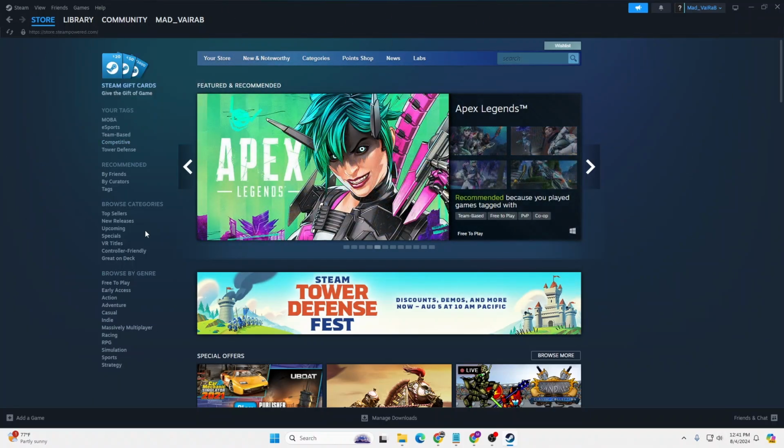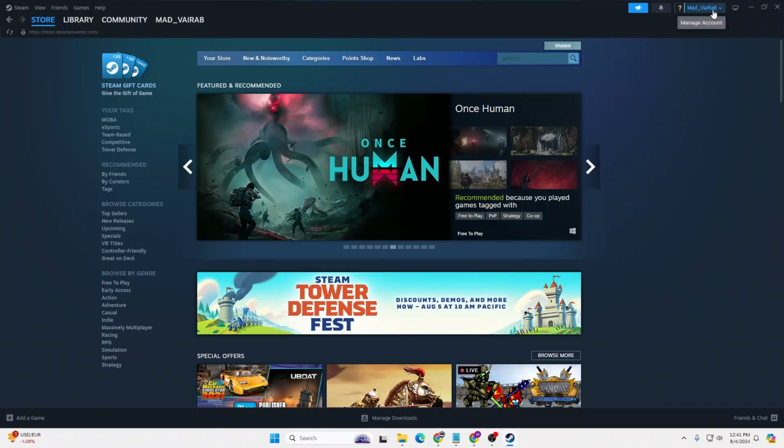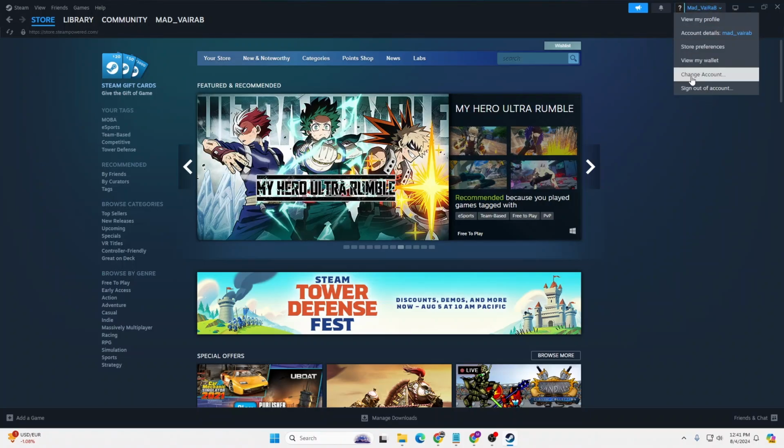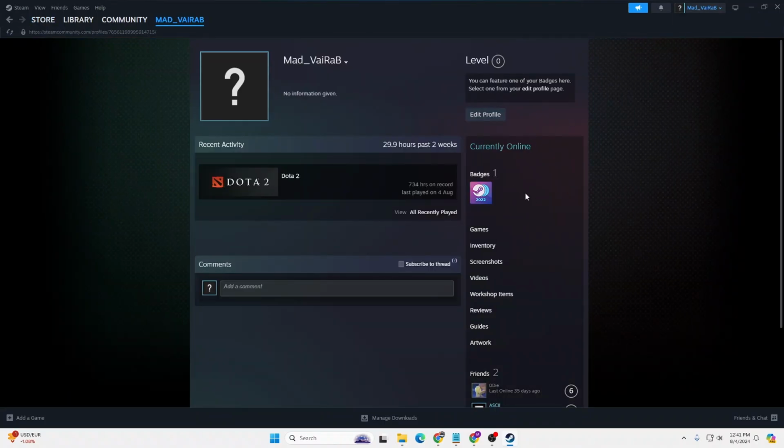After you have logged into your account, guys, on this interface, in order to hide your games which you play on Steam from friends, at the top right corner of the screen you can see there is your account name available for us with the drop down arrow. Click on your account name with the drop down arrow, and when this drop down menu appears, click on the view my profile option, and you land on this interface where you can see there is the edit profile option